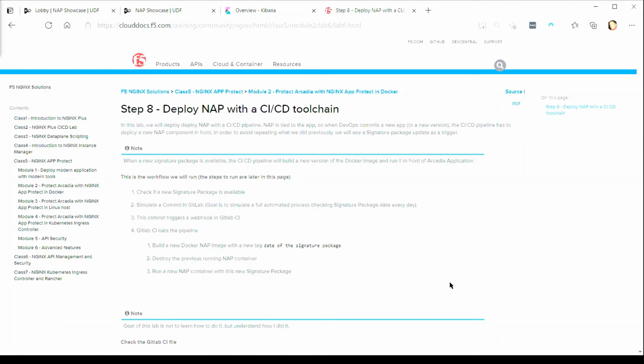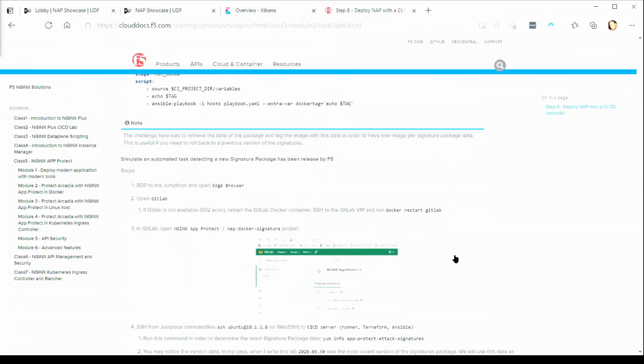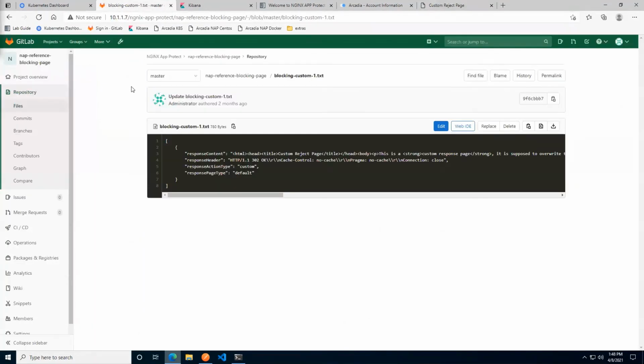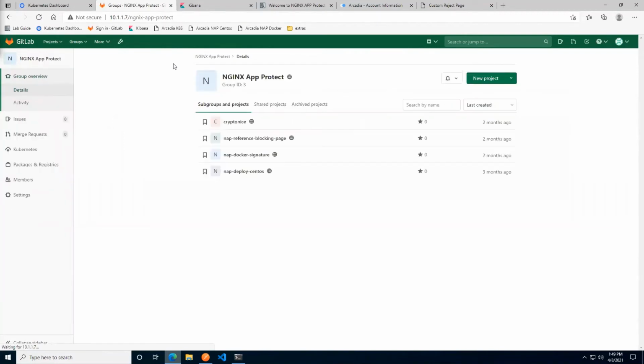Cool. So how do we go about that then? Well, we want to go back into our GitLab in our browser, and it's probably best if I just guide you on the RDP session. So I'll be your guiding hands here. We'll go back to the GitLab tab, which for me was the second one here. I'll go out to the Nginx App Protect element.